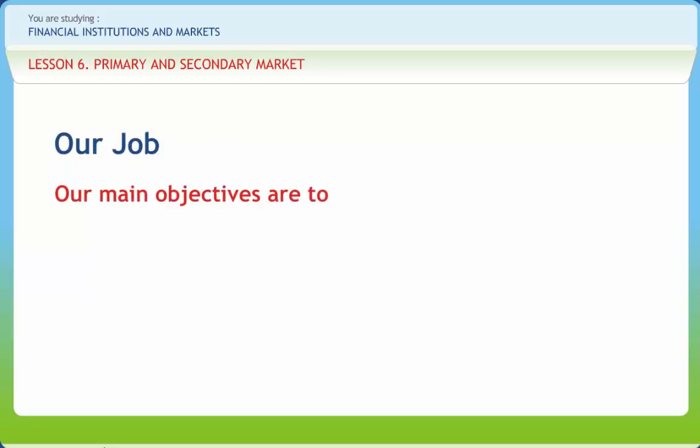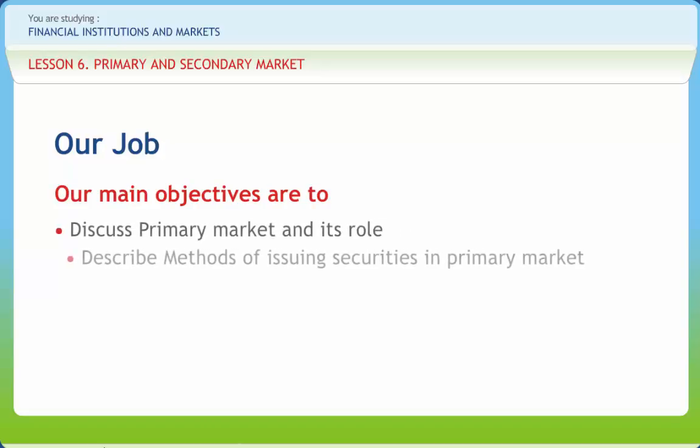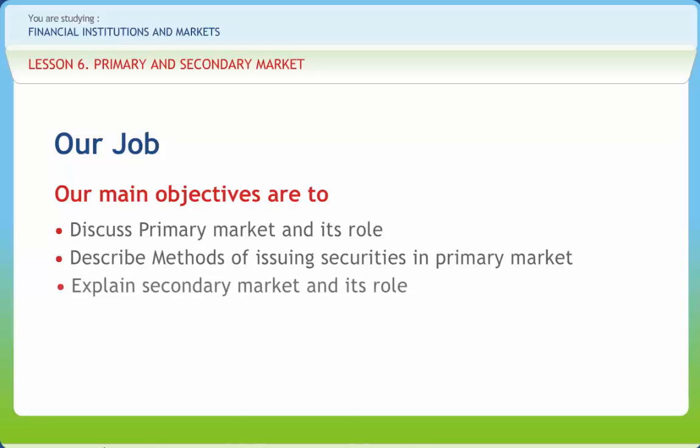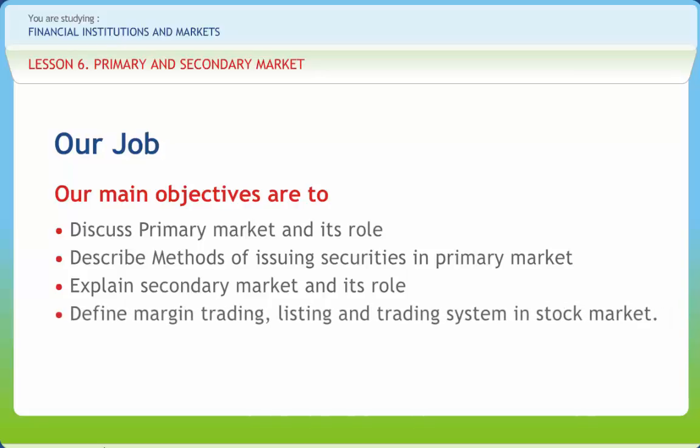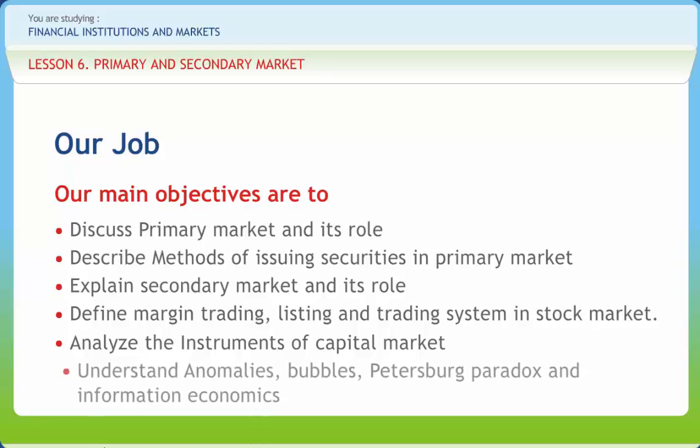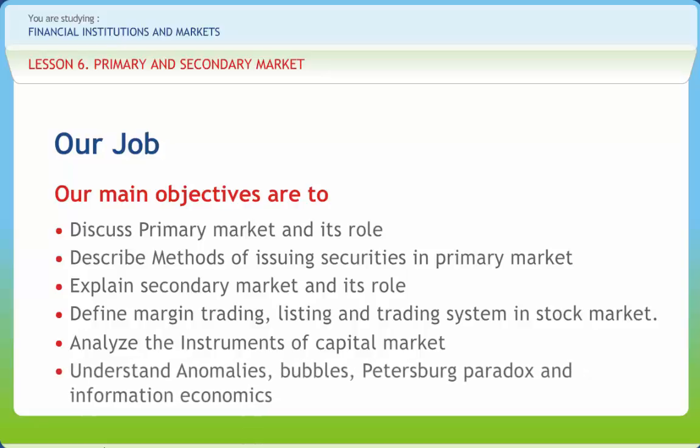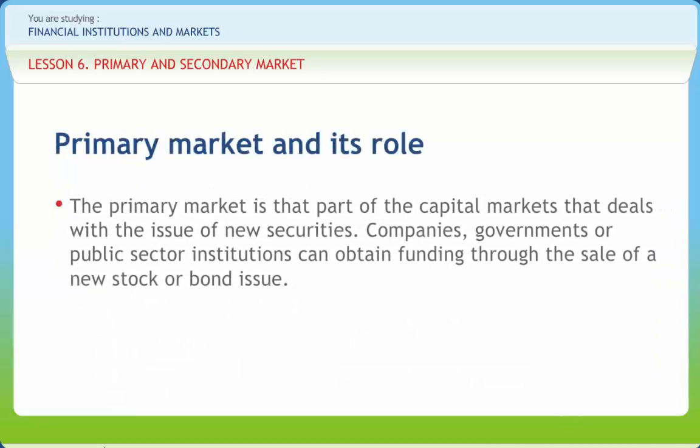After going through this presentation, you should be able to discuss primary market and its role, describe methods of issuing securities in primary market, explain secondary market and its role, define margin trading, listing and trading system in stock market, analyze the instruments of capital market, understand anomalies, bubbles, Petersburg paradox, and information economics. The primary market is that part of the capital market that deals with the issue of